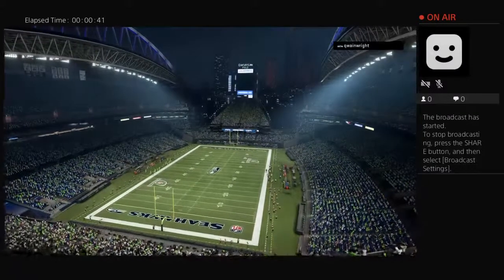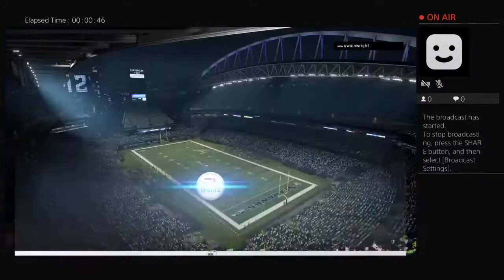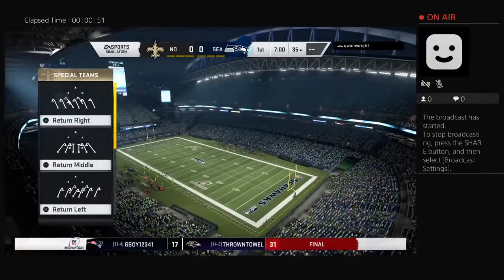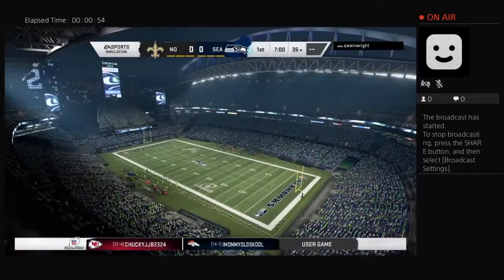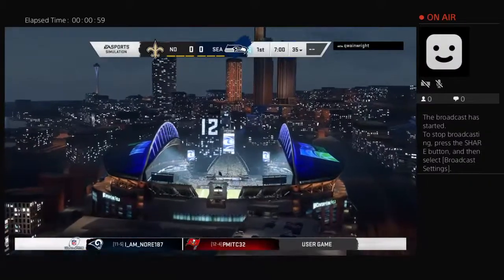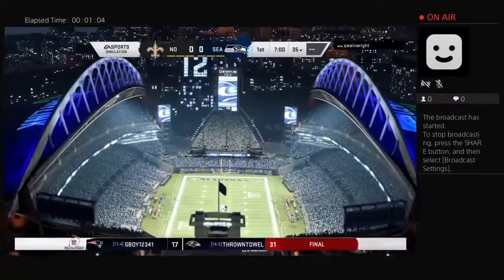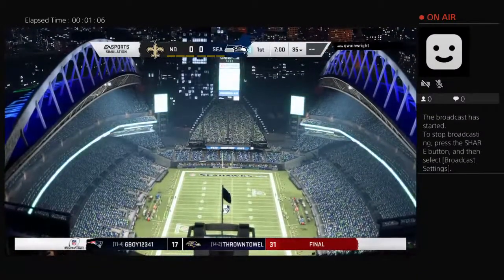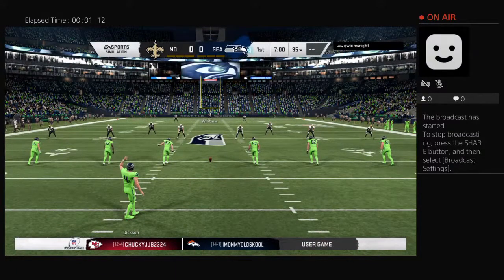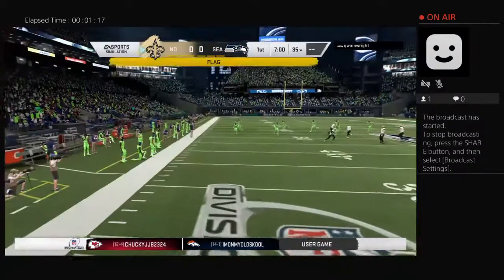Okay, Coach, EA Sports coverage of the NFL playoffs brings us to the Pacific Northwest, the home of the 12s, as it's called, CenturyLink Field in Seattle. Coming up, an important divisional round matchup in the NFC between the New Orleans Saints and the Seattle Seahawks. One of two spots in the NFC title game awaits the winner here as we're underway in the divisional round